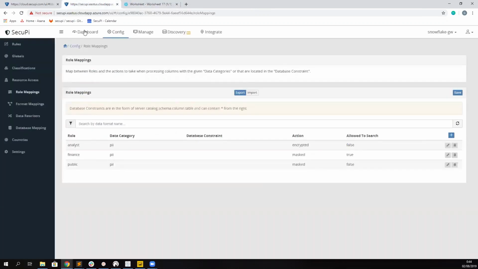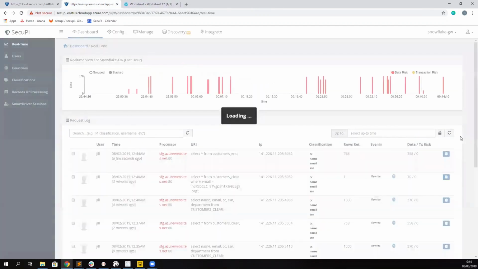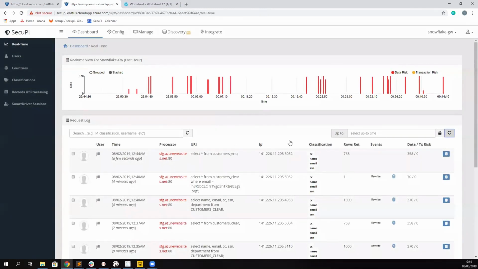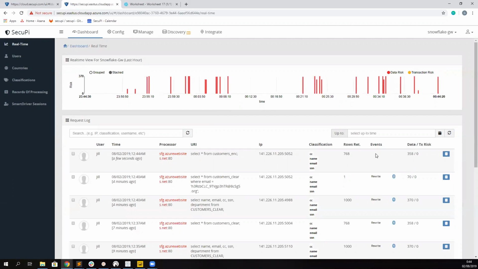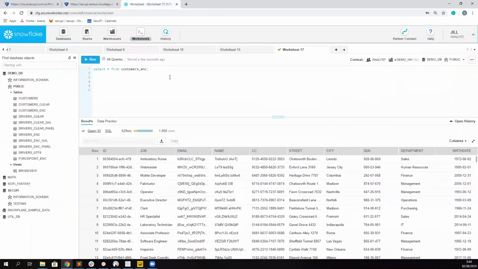And we look at the real-time dashboard. That's our query from a few seconds ago. And no rewrite event was needed because it's encrypted on the source, on Snowflake,